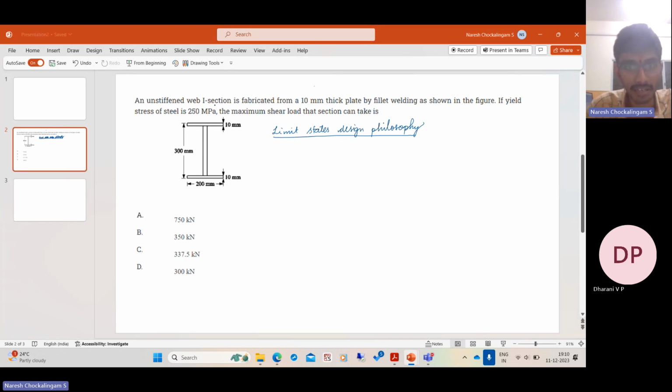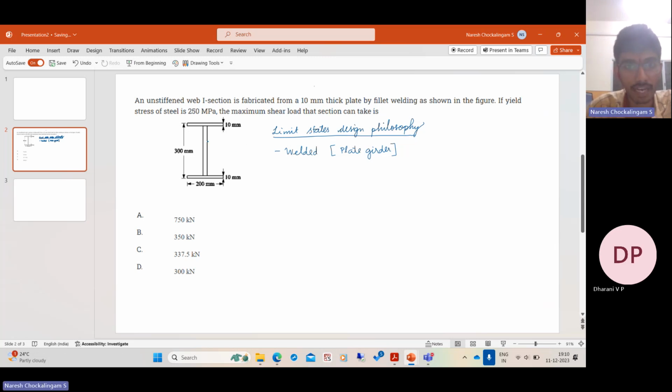So it is an I section. It is fabricated from 10 mm thick plate, so it is welded together. It is a welded section, so it is not a rolled section. And it is usually called a plate girder. Fine. Then